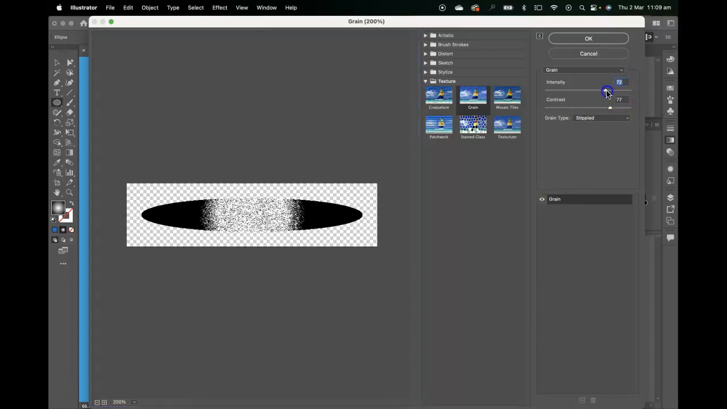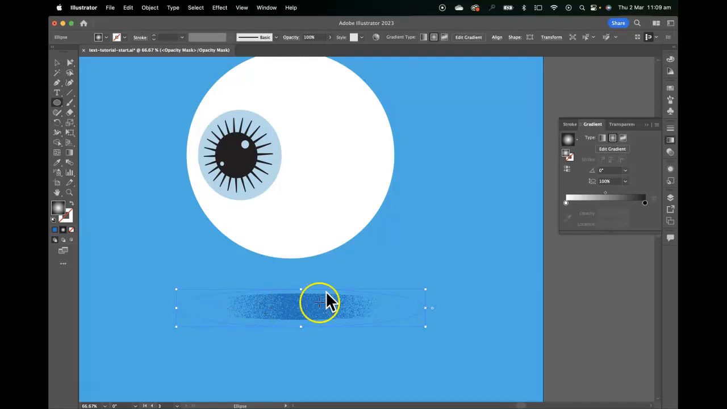Which is good. I thought our intensity was a bit much there, so I'm going to bring that back, bring the contrast back, something like that. I reckon that's looking good. You can play with your settings. Click OK, and we can see now that our mask is having an effect on the object underneath and the grain there. So we've kind of got that blend. That's really good, and we can now manipulate our mask underneath that